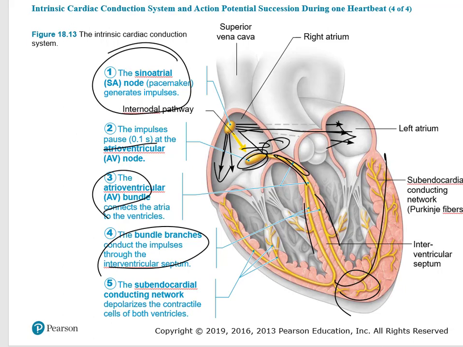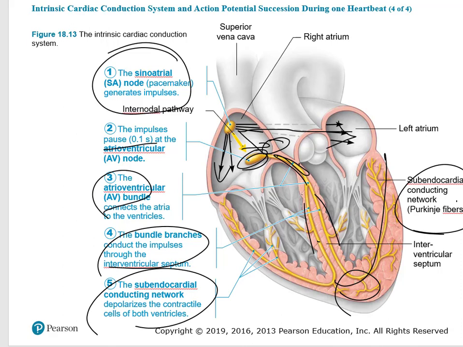It branches profusely, called the subendocardial conducting network or Purkinje fibers, that innervate pretty much all of your ventricle walls, the right and the left. So this is the subendocardial conducting network, or Purkinje fiber, that you have. This is the pathway of the impulse. It starts from the SA node, goes to the AV node, AV bundle, bundle branches, and then the